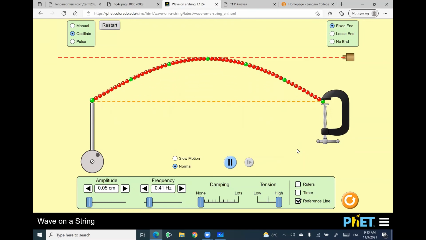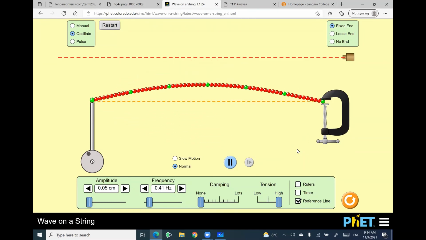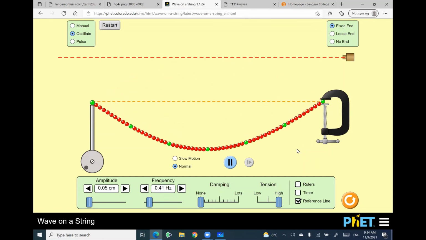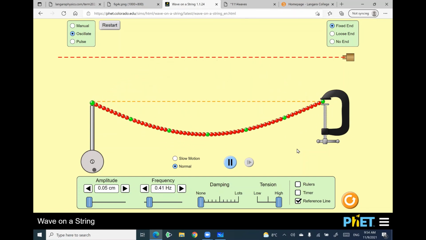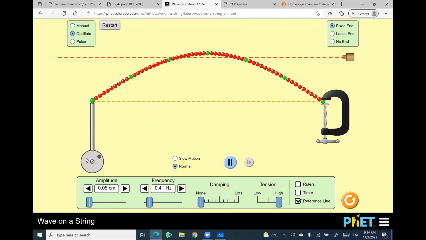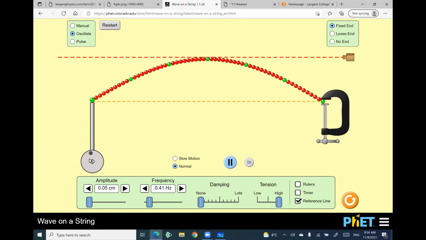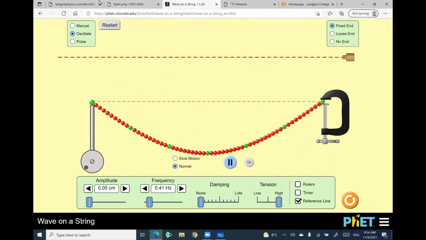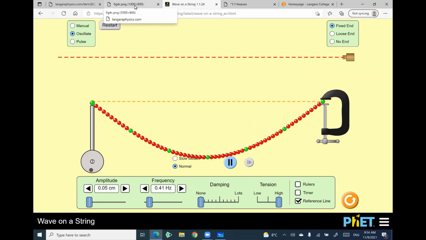See, it's still getting bigger. Yeah, this reference line will show you that this amplitude is getting bigger. See now how beautiful the wave is? Because this is much better than my hand shaking the wave. Anyway, once we are happy with this